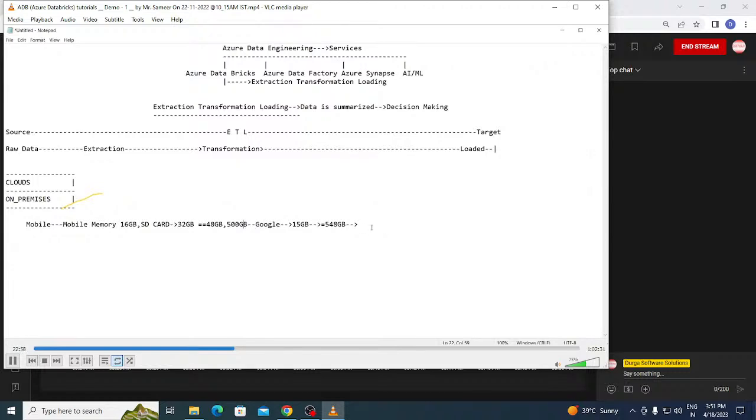Yes, exactly. Very good. So we can say that 500 GB you can recollect by just using the synchronize option. You can log in with your mail ID, enter the password, and recollect it. But what about the 48 GB? The 48 GB memory is lost with the mobile phone because this memory is called physical memory. So I cannot recollect it, whereas the data stored on Google Drive can be recollected.